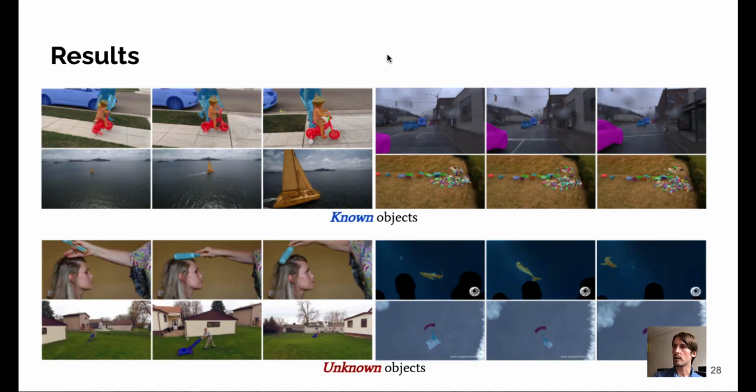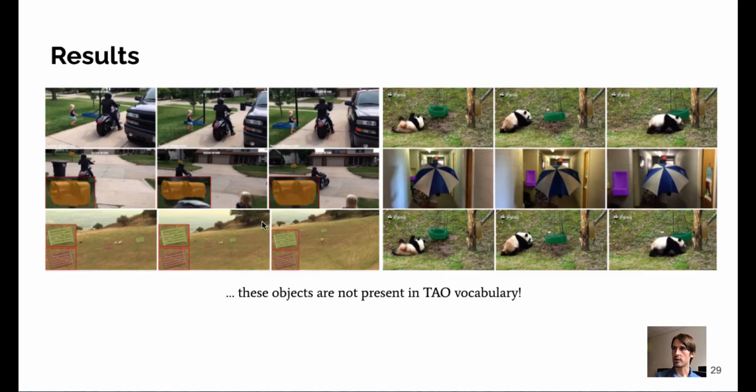Alright, and now for the end, some visual results. Here you can see some tracking results for tracking known objects, and here at the bottom some visual results for tracking unknown objects. What is particularly interesting is that there are also objects that we track, I don't even know the names of these classes, that are not even in the TAO vocabulary. So these are objects that are not labeled. In the closed setting evaluation, they would be considered false positives. But here we actually notice that our method tracks and discovers these objects,